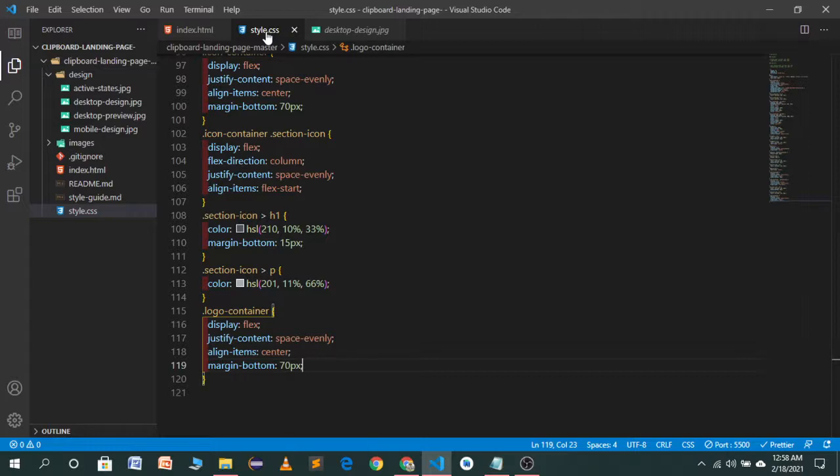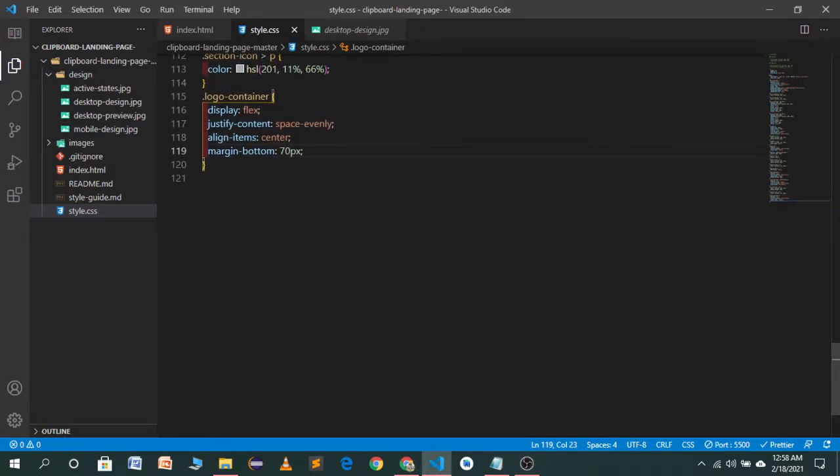Copy this one and we will move to our style container. And in this style container I will target it. And now we should use the flexbox display flex. Save it.